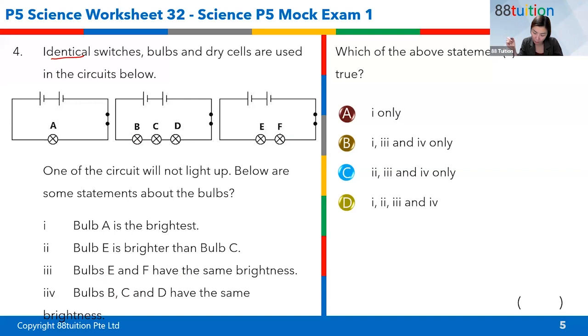Okay, let's see. Hold on. One of the circuit